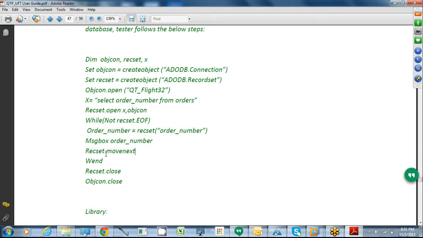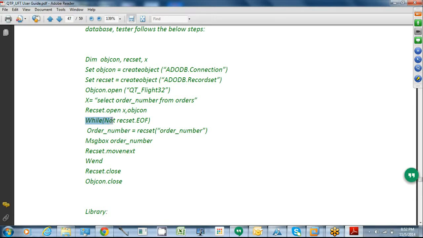So here recordset.MoveNext will go to the next record every time until it reaches the end of the file. Then how do you close the while? It is Wend, that is the closing of the while loop. Then, since you already opened the recordset with Open, whatever you open you must close, remember. So since I opened the recordset, I am closing it. Only in the same order you have to do.